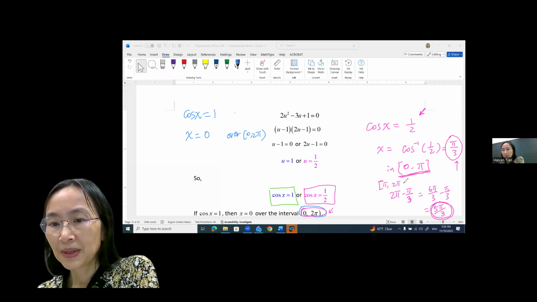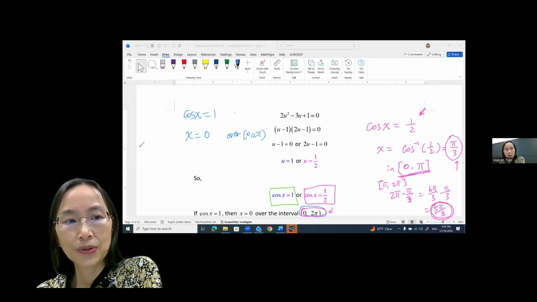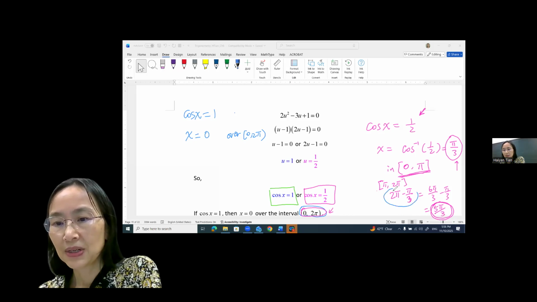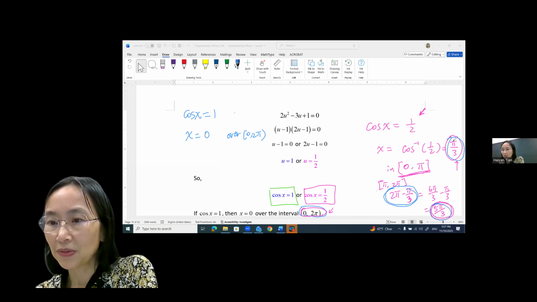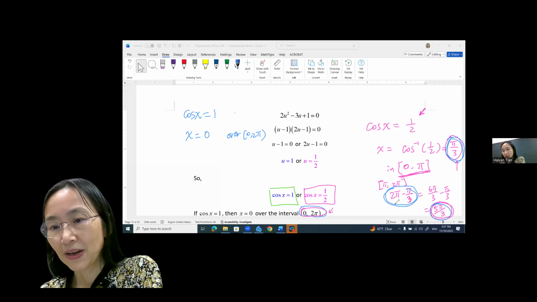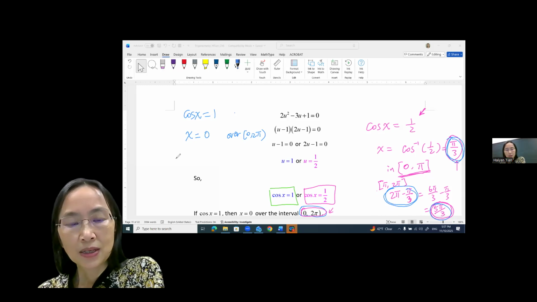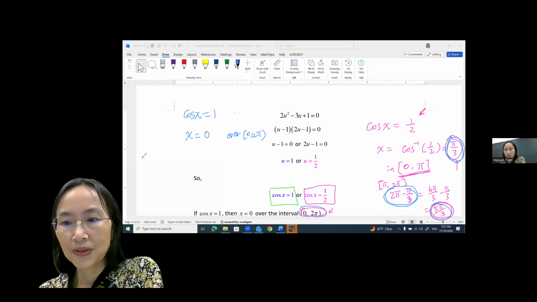And in that range, we know in the fourth quadrant, this angle has a reference angle, which is pi over 3. And both this 5 pi over 3 and pi over 3 have the same cosine value. And the cosine value is half. So we have found 2 solutions